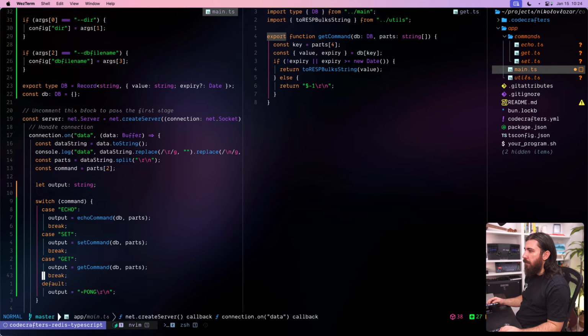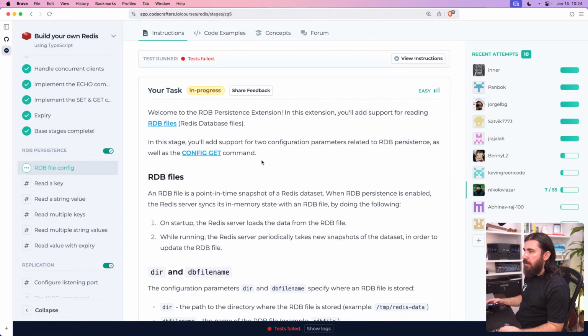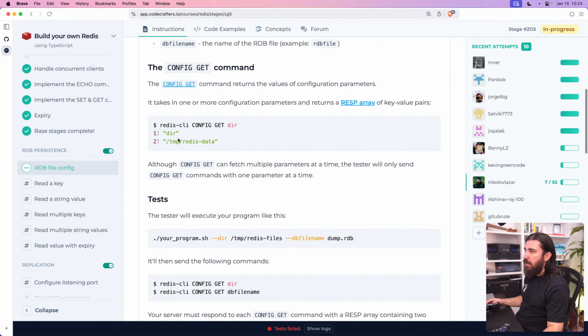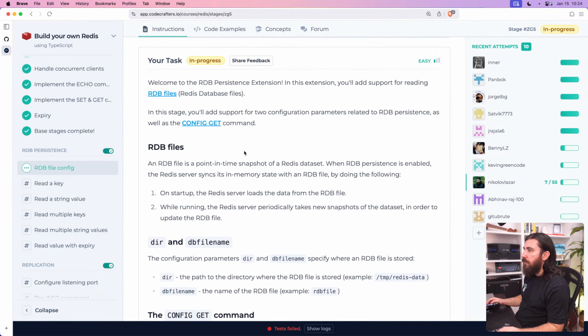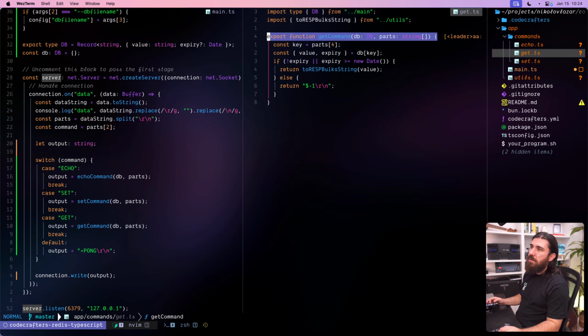Right, so the get takes a key and value, and we need to return the name and the directory and also the value. In this case, the get command so far,